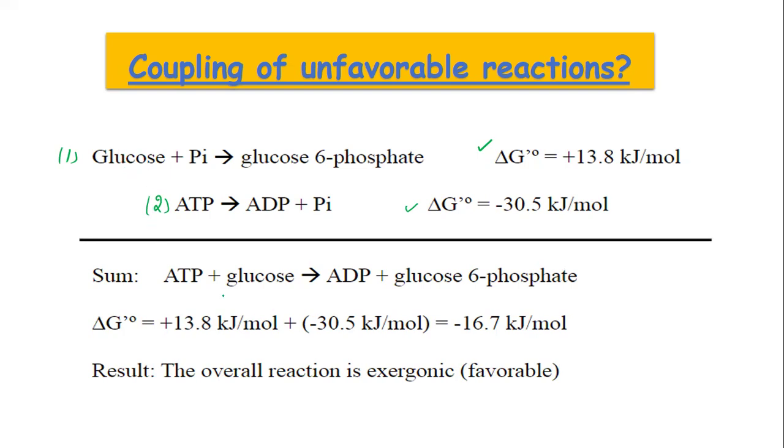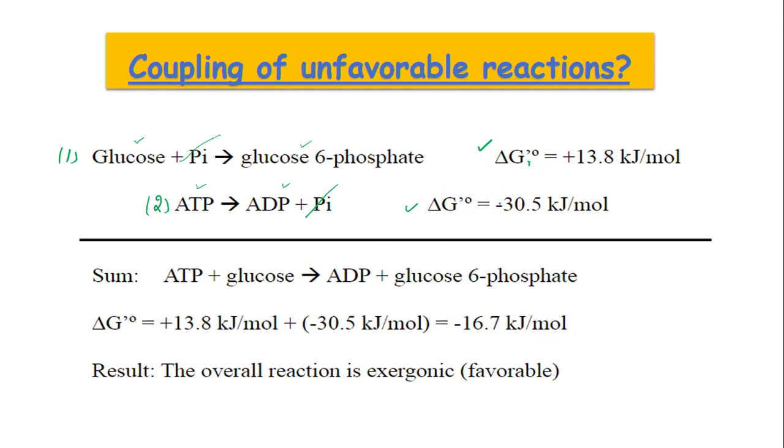the sum of these two reactions will be glucose plus ATP into ADP plus glucose 6-phosphate, because inorganic phosphate is present on both sides, reactants as well as product. So it will be cancelled, and this will be the total sum of these two reactions. And if we calculate the delta G value, we can add delta G naught 1 and delta G naught 2. And now the combined free energy value will be minus 16.7 kilojoule per mole,